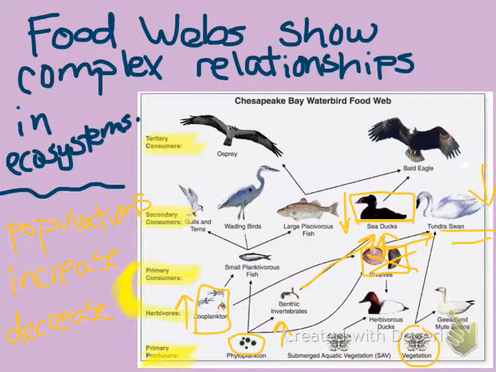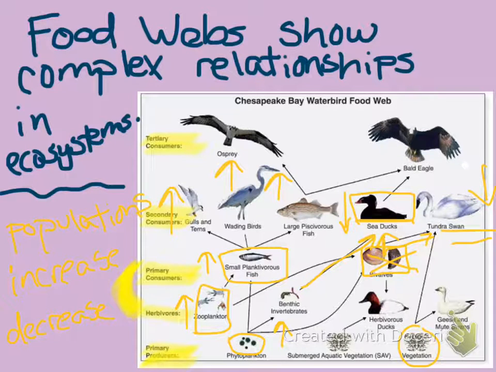What would happen to this small planktiferous fish if both the phytoplankton and the zooplankton populations increase? What do you think would happen to their population? They will increase too, because they're going to have a lot more food. So if there's a lot more of those, then what's going to happen to all these other things? They're going to increase too. And then it'll eventually work itself out to where it'll come back down, because if you get all of these predators increasing in populations, there will eventually be so many of them that they will eat a lot of those little fish, and then their populations will decrease.